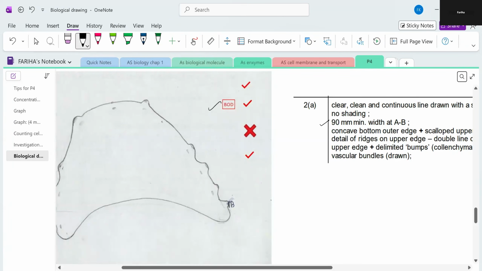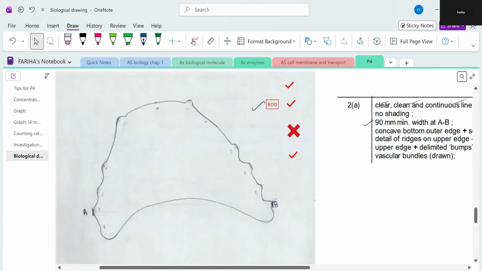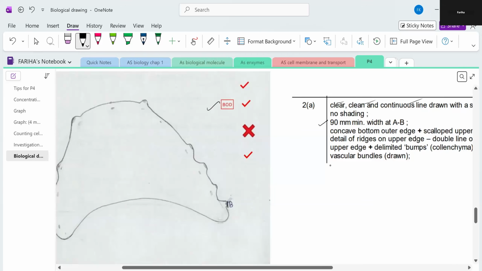The examiner has given the benefit of the doubt for it. No shading: the person has shaded it, therefore that person has lost that mark. Now no clear, clean and continuous line, so that person will get 1 mark. Concave bottom outer edge plus scalloped upper edge, so we'll get 1 mark. Vascular bundles are drawn. Okay,